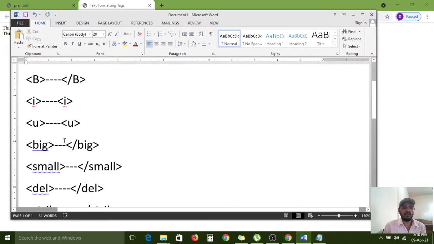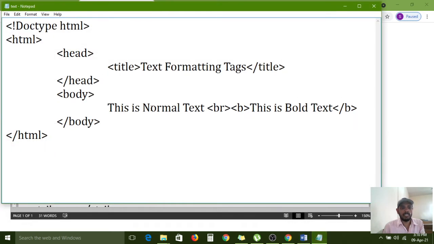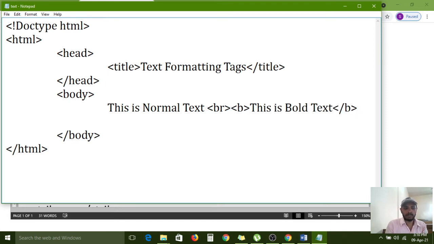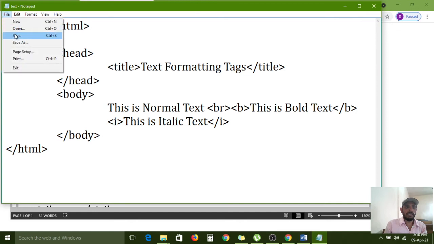And the next tag is what? Italic. The next tag is italic. I tag I have configured, opening and closing. This is italic text. Now I am saving this one.